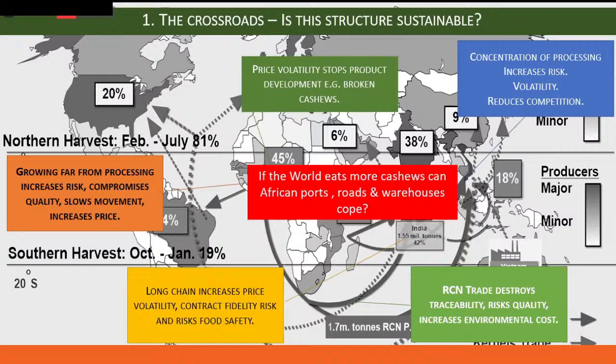If that continues, we have to ask, is this structure sustainable? This shipment of RCN structure, is it sustainable? And I ask it not only in terms of its environmental sustainability, but also in terms of its logistical sustainability. I ask it in terms of its financial sustainability. Will the ports, the roads, the warehouses, the banks, the traders be able to cope with the trade